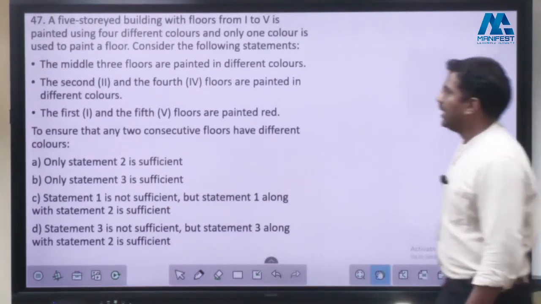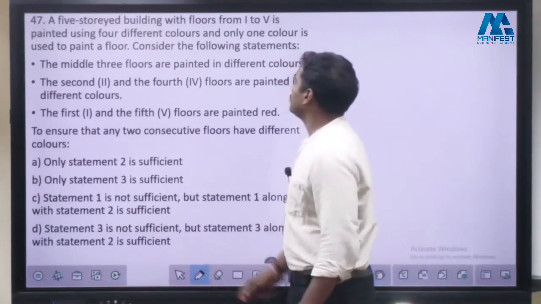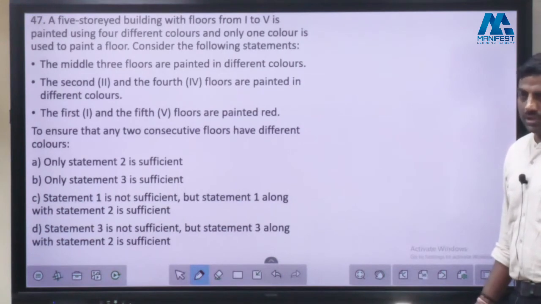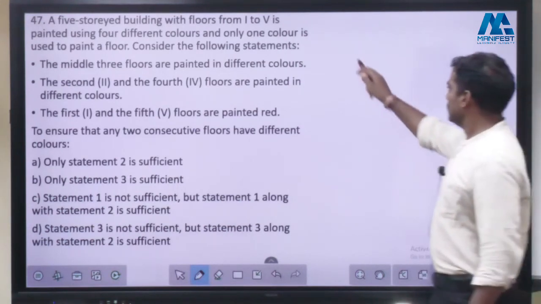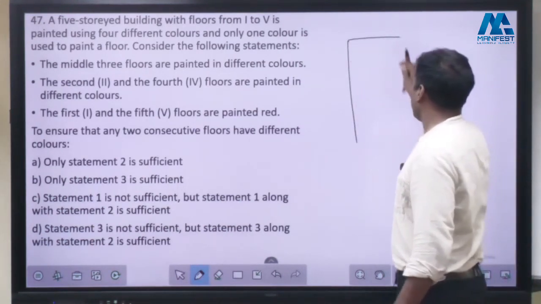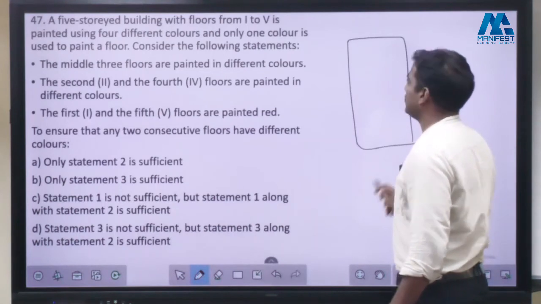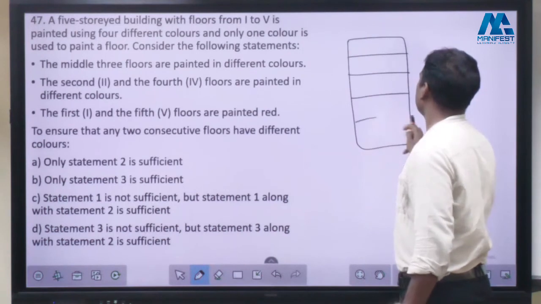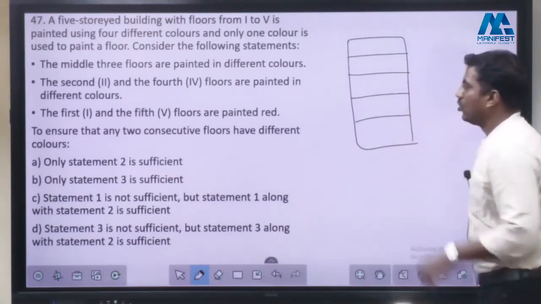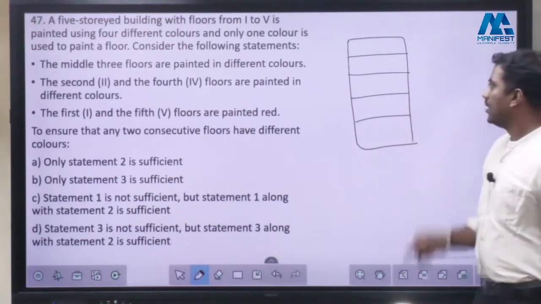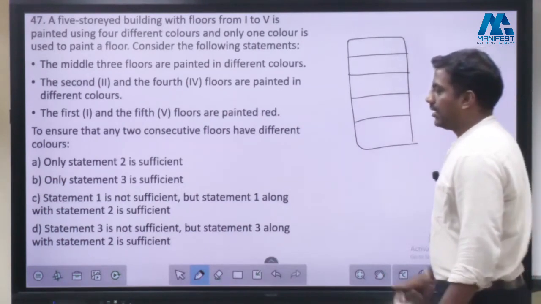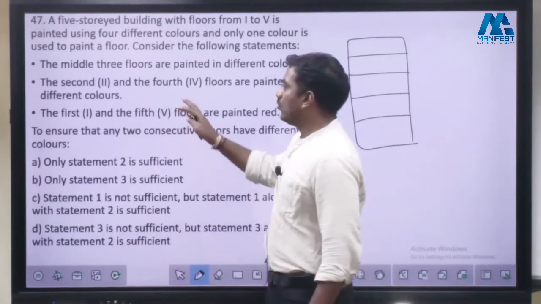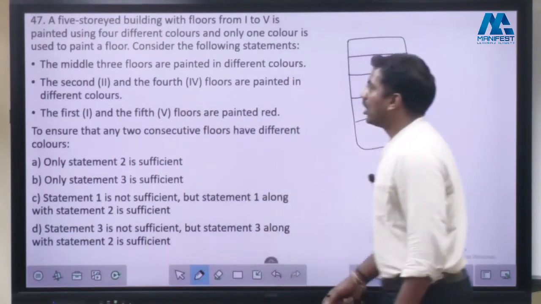A 5-storied building with floors 1 to 5. They have not marked ground, first, second, third, fourth. 1 to 5. Sorry, 5-storied building. Consider the following statements. Again, here we are going for only 2, only 3. So check only 2 first. What we have to do,